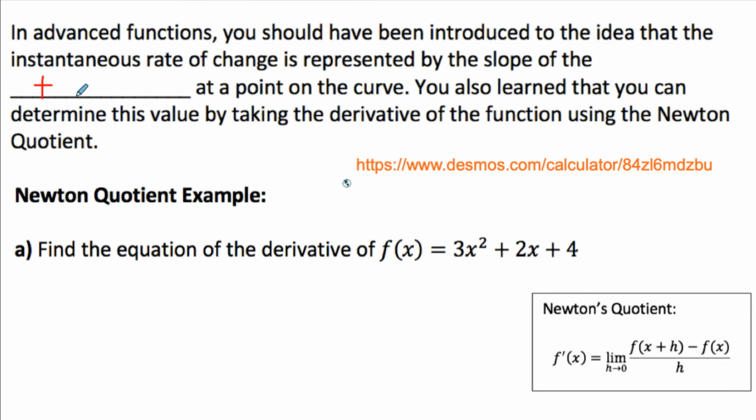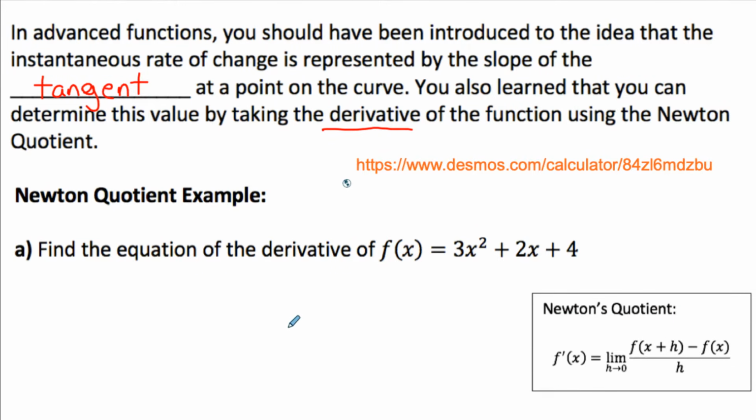So I'm going to write tangent here for our first blank at a point on the curve. So the slope of the tangent tells you the instantaneous rate of change of the function at any point on the curve. You also learned that you can determine this value by finding what's called the derivative of the function using Newton's quotient. Newton's quotient, which I have down here,